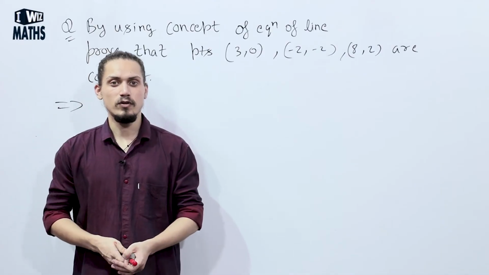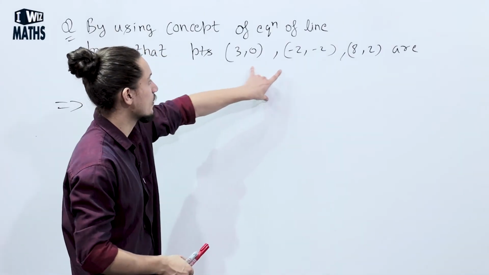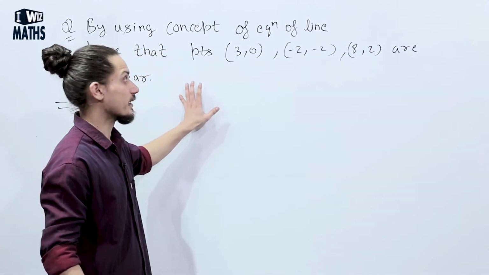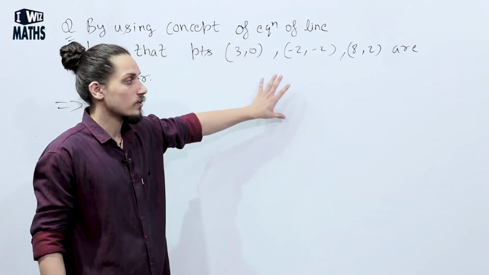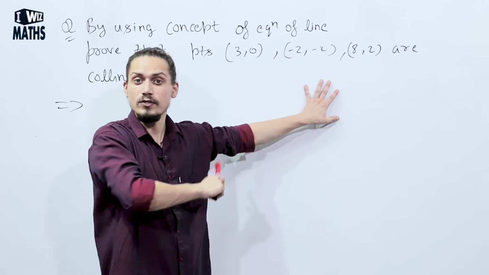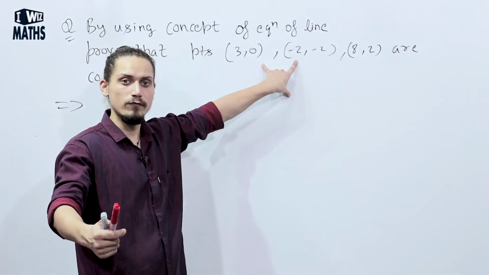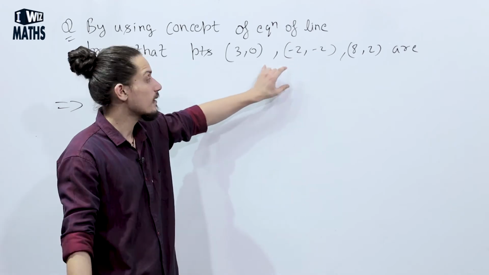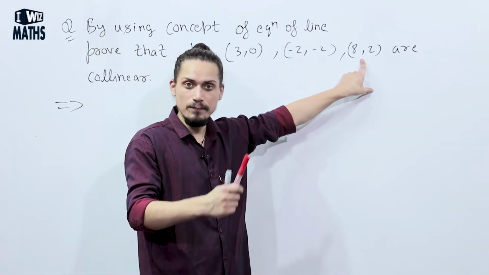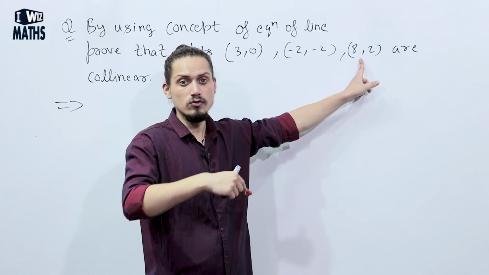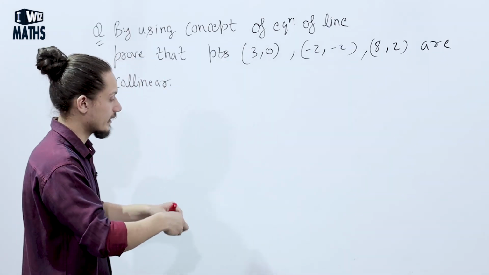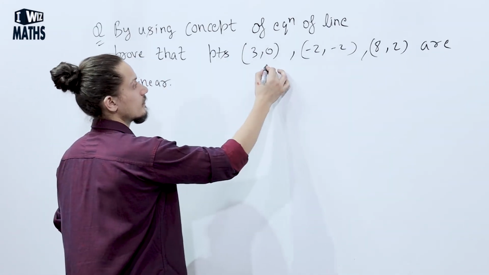In the next example, we have to prove that these 3 points are collinear by using the concept of equation of line. तो इन तीनों को हम collinear कैसे प्रूव करेंगे? By using equation of line। हम पहले कोई भी 2 पॉइंट लेंगे, ठीक है, उनको 2 पॉइंट फॉर्म से उसकी एक इक्वेशन ऑफ लाइन बनाएंगे, और अगर ये थर्ड पॉइंट भी उसी लाइन पे लाई करता है तो उस इक्वेशन ऑफ लाइन को सेटिस्फाई करेगा।